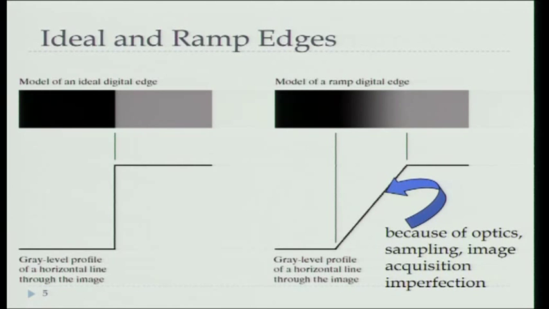So, this is the thing I discussed, that in an ideal scenario the edge should be sharp, but in reality it is not. You will find that there is a ramp, and the ramp may be due to the poor quality of the scanner, may be due to the image acquisition technique, or may be due to averaging and other image processing operations.